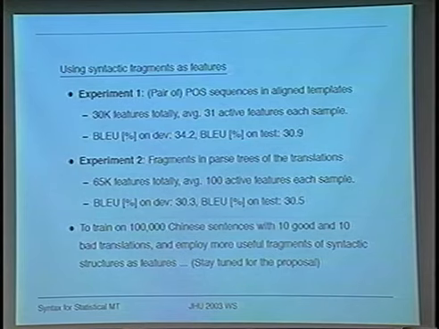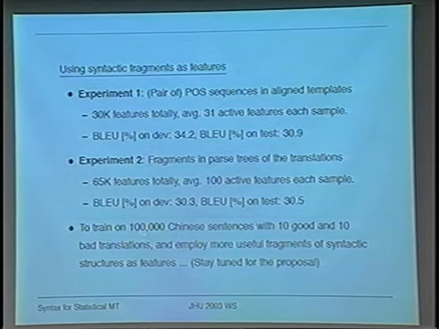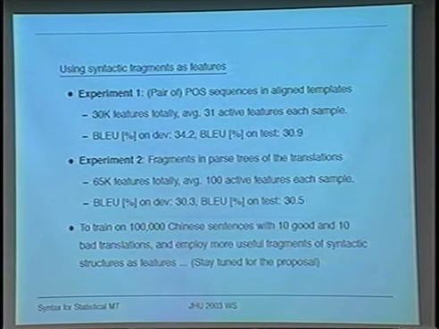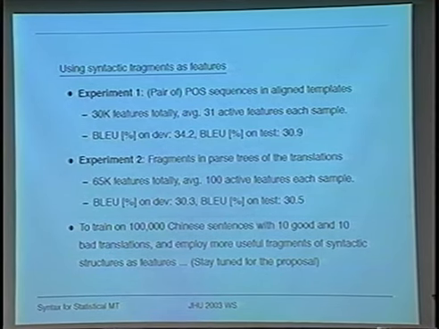And we can imagine that now we have only used 993 Chinese sentences, and if we use, for example, 100,000 Chinese sentences, then we can use more individual features like lexical items and the elephant trees. And for each one, we have 10 good translations and 10 bad translations. And in this way, we will get better results.